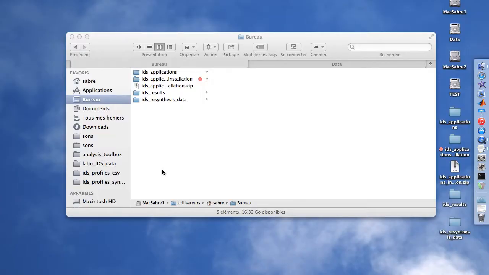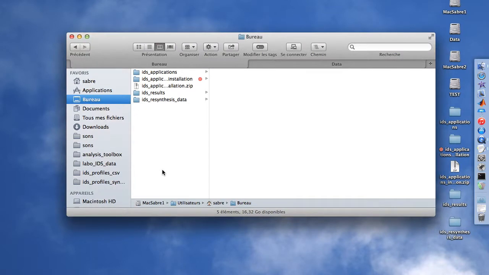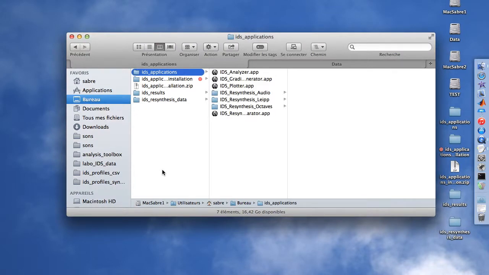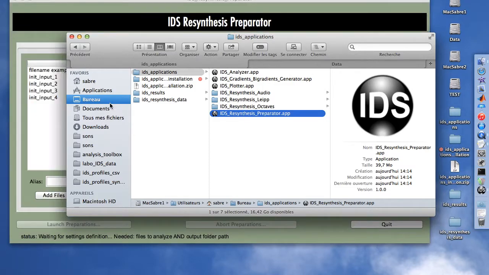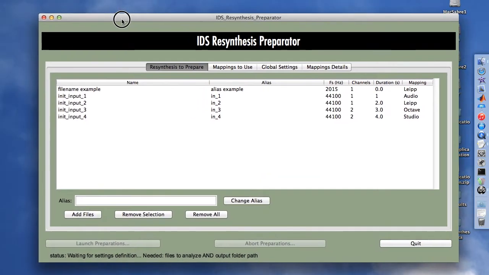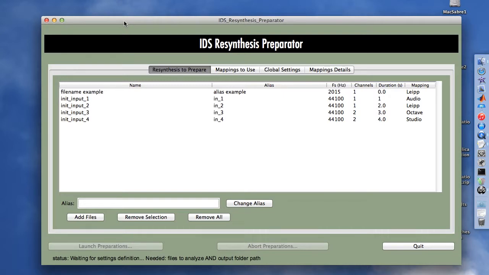We are now going to see how to prepare the IDS resynthesis process. For that, we need to go to the IDS application folder, choose the IDS resynthesis preparator application and launch it. Here is the main window of the application, which is rather similar to the one of the IDS analyzer,